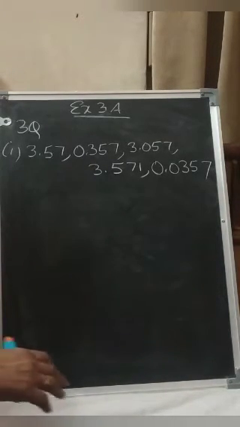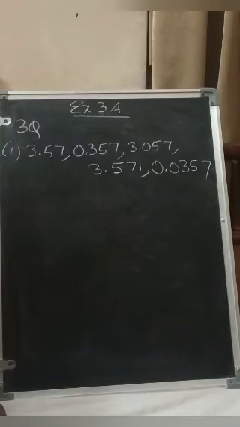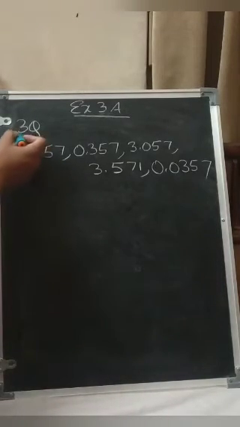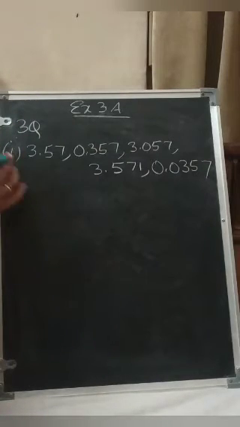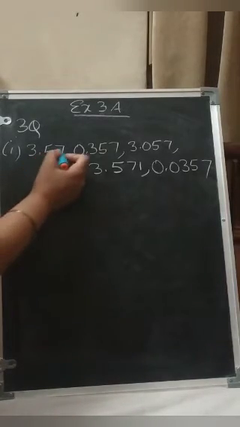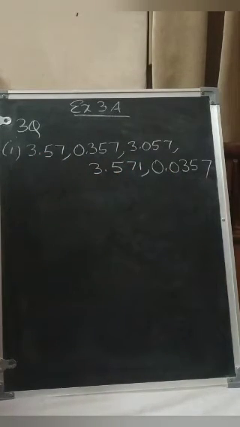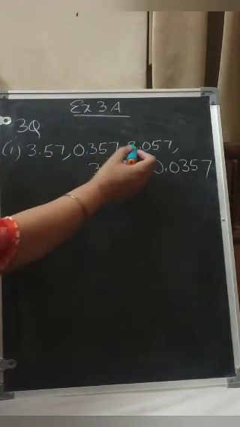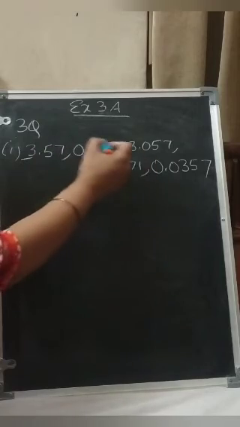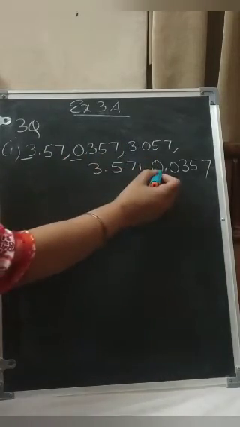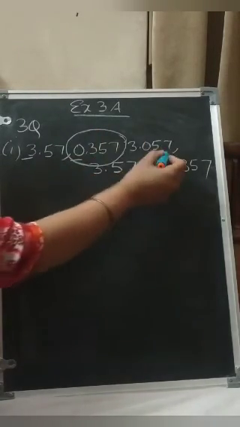Now our next topic is how to compare decimals. So if our third question in exercise 3A is writing in ascending order, we can write in ascending order if we know how to compare decimals. In this we have to search which is the smallest number. You can see, first of all we will see the integral part. Here is 3, here is 3, here is 0, 3, 3, 0. So out of these, one is the smallest. Now we will search which is the smallest.